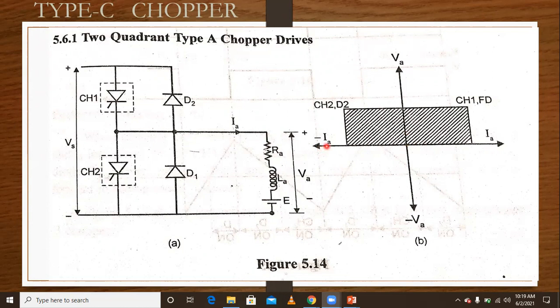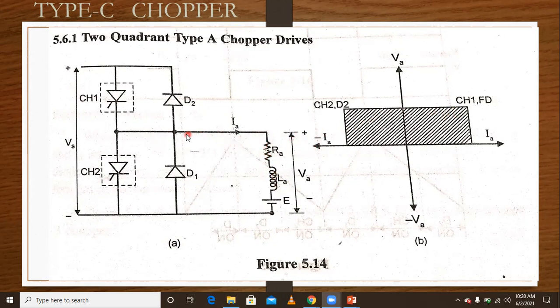When the current flowing to the armature winding changes, the torque direction changes. That is called motor torque. The torque developed in the motor is in the opposite direction. So IA is negative, torque is also negative. Torque is proportional to IA. Understood? So there is a motoring mode and a braking mode. In this region, it is acting as a regenerating mode. So instead of taking power, it is delivered to the source.